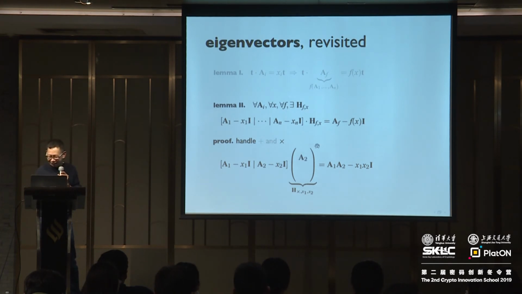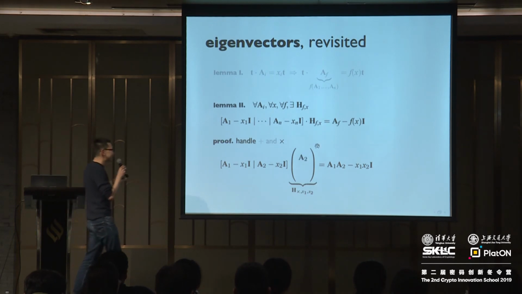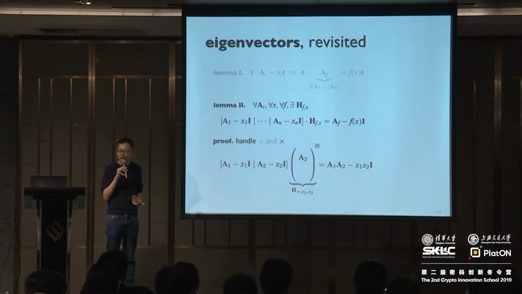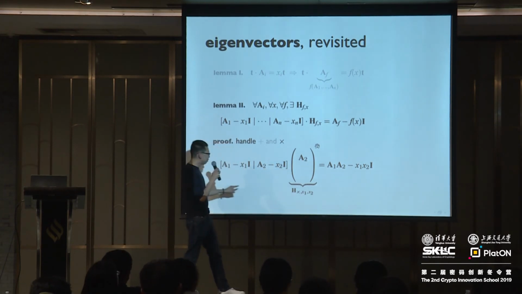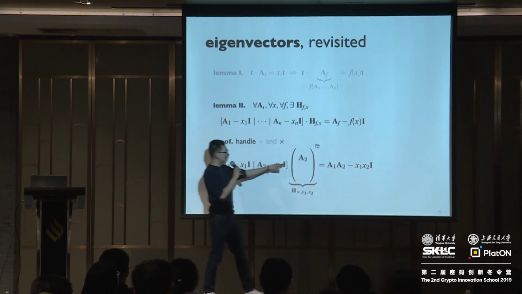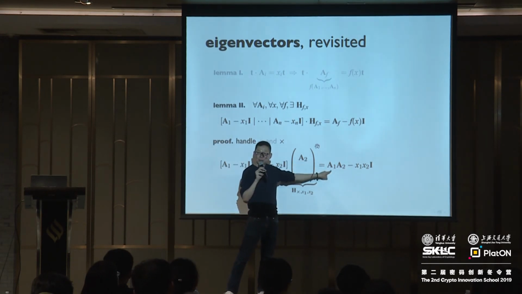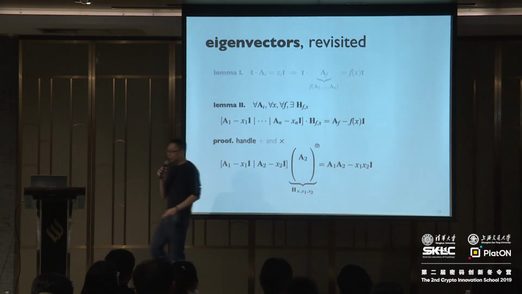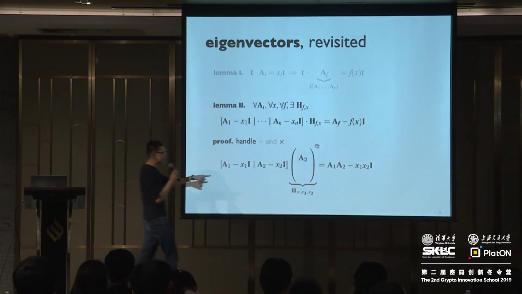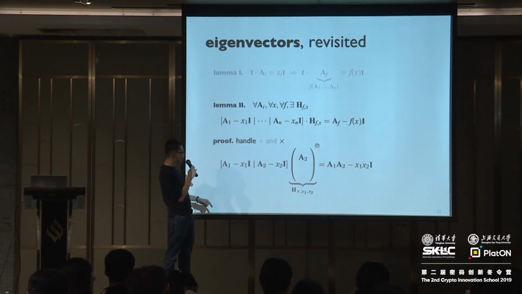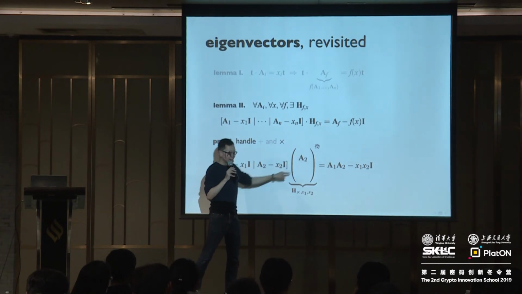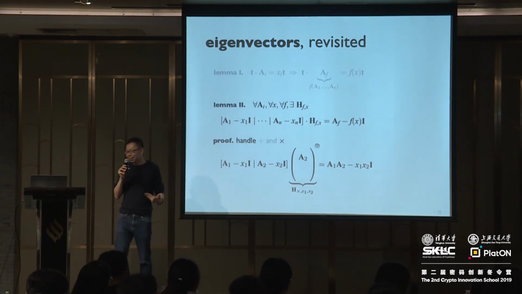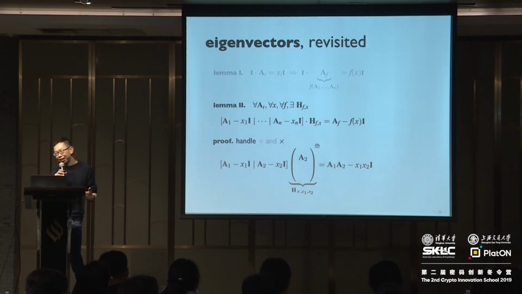So what do we do? I'm first going to tell you what the top half of this H is going to be. It's going to be A2. Why does A2 make sense? Because when you multiply this A1 by this A2, this gives you A1 times A2. Now the problem, however, is that when you multiply these two things together, you start getting cross terms. For instance, you get x1 times A2, and there is no x1 times A2 on the right-hand side. So you need to somehow cancel out this term.